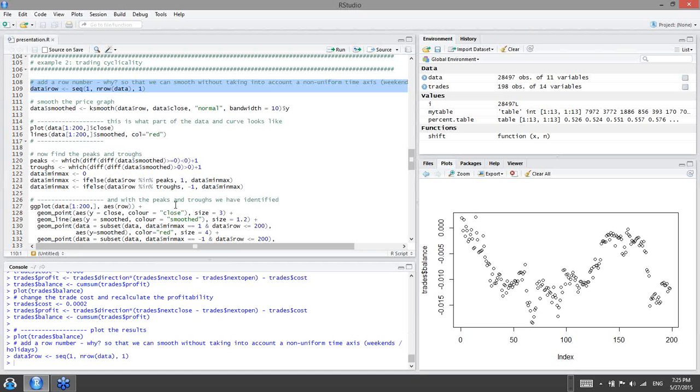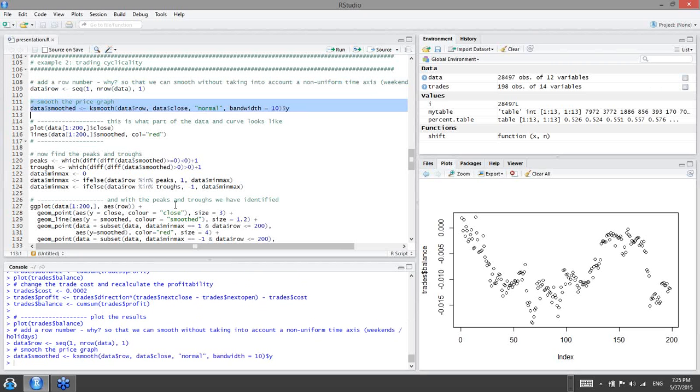Can you guys actually see that code? I'll just tell you what I've done: I've just added a row number, 1, 2, 3, 4, 5, 6, and that's what I'm going to use as my x-axis instead of a date time, because I don't want that distortion. And then I'm just going to do a very simple